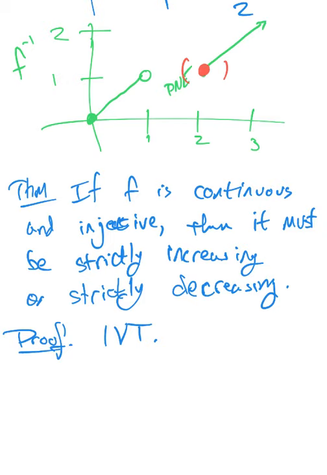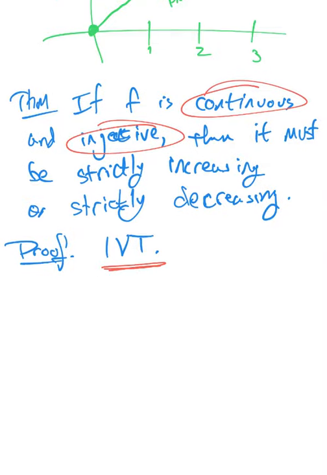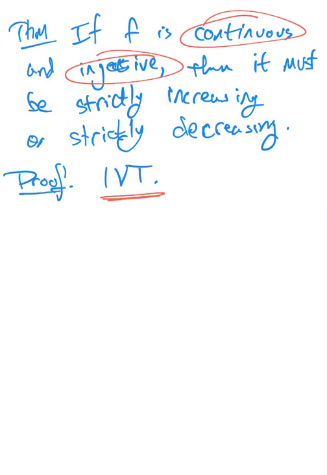And this theorem says if you've got an inverse, remember injective is saying you've got an inverse, and you're continuous, then that previous theorem must apply, because you must be either strictly increasing or strictly decreasing. Okay, I'll leave the proof to you. It's the intermediate value theorem. Okay. Now, in my remaining minute,